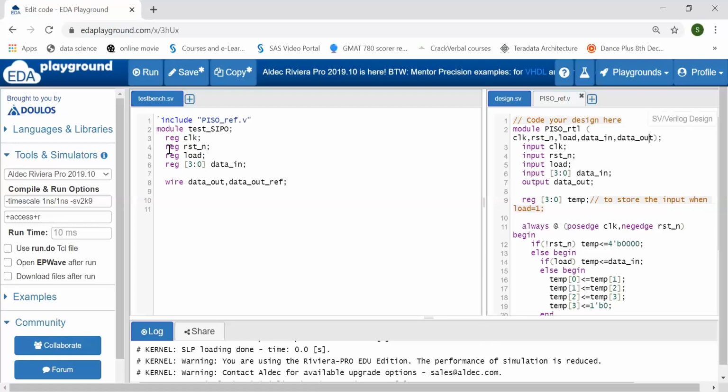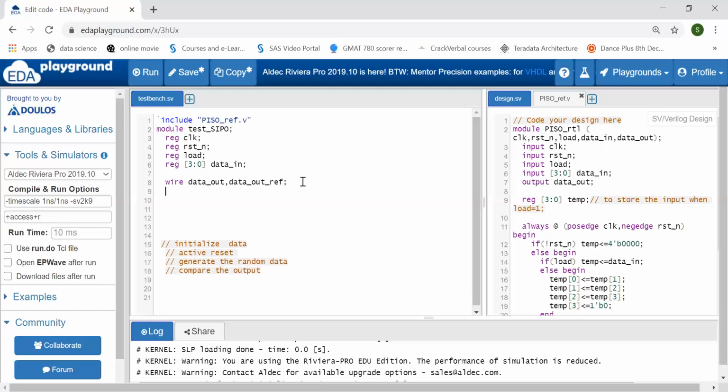So what are the steps to write a test bench? You have to initialize the data, activate the reset, then generate the random data, then pass those data to your design as well as the reference model, take the output and compare the output.